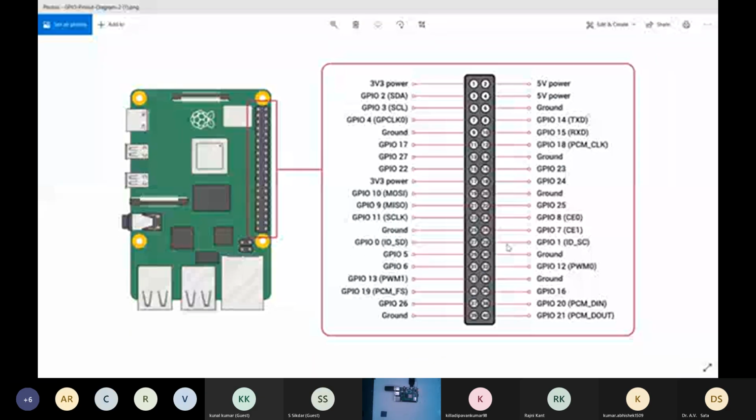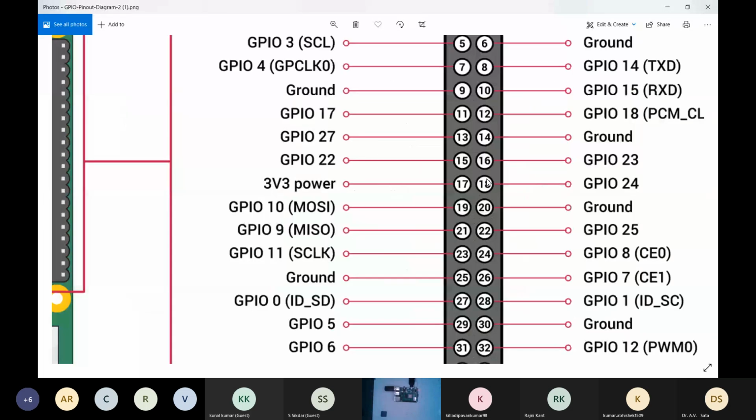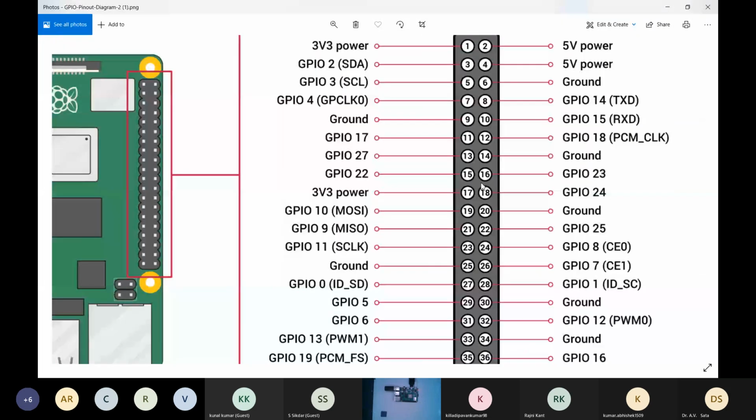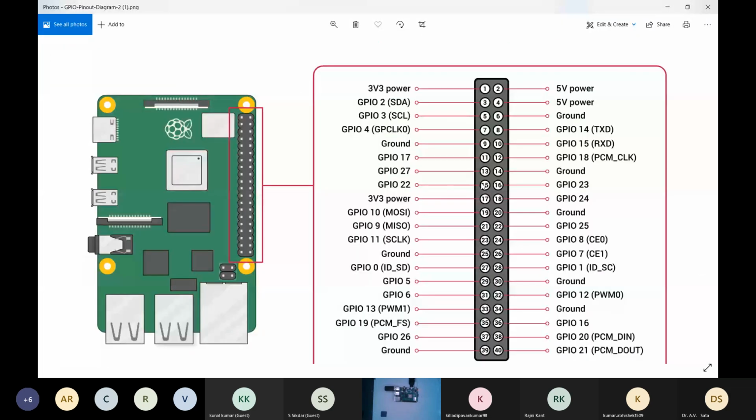As you can see, pin 24 is the 18th pin shown over there, which is pretty fine, the ninth pin in the line.